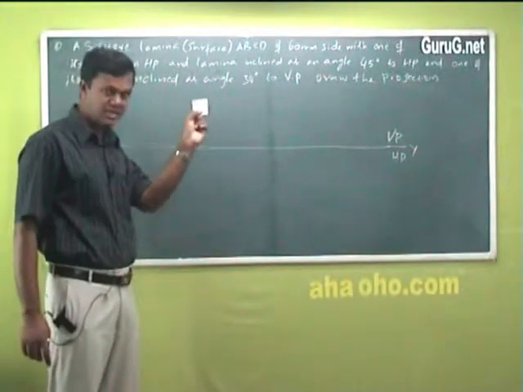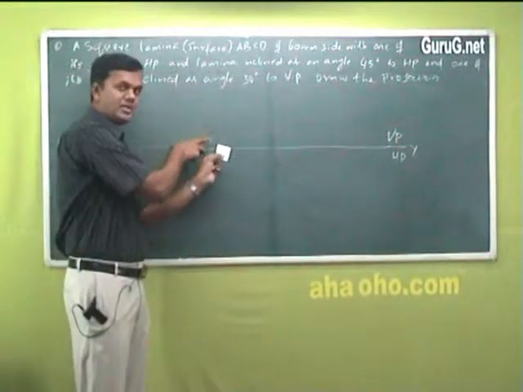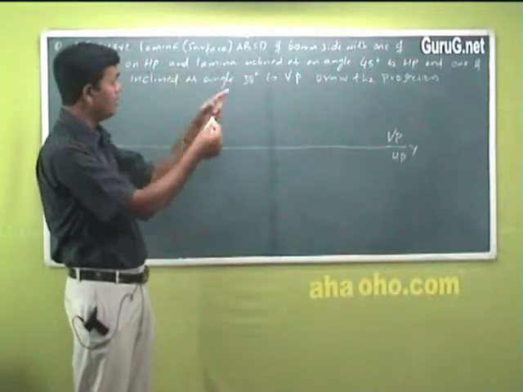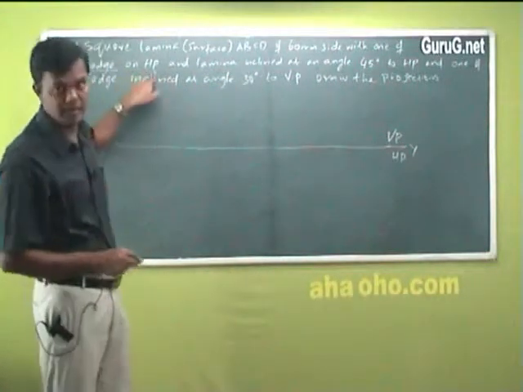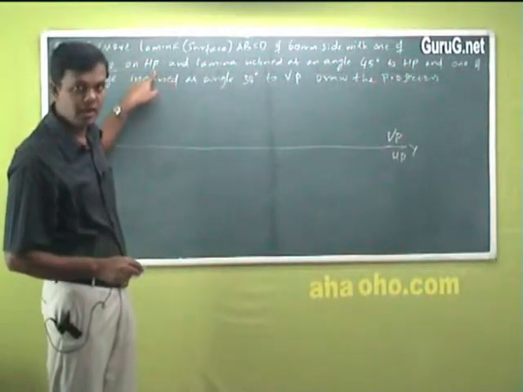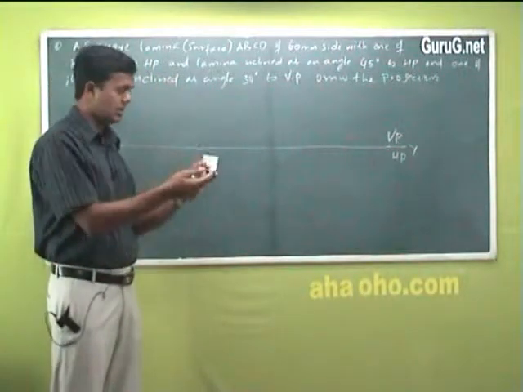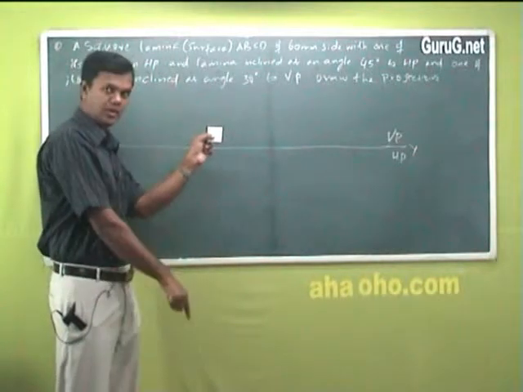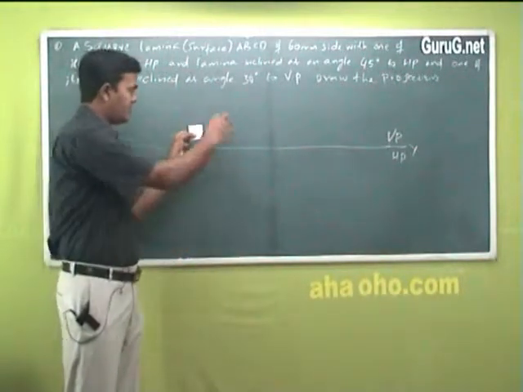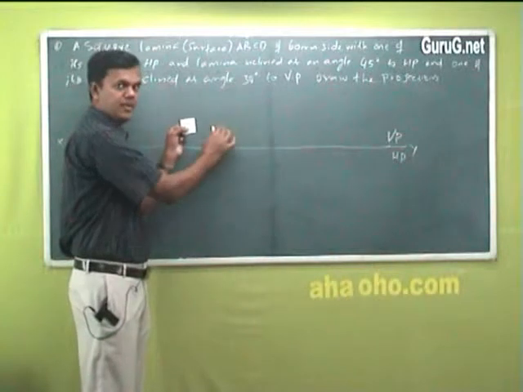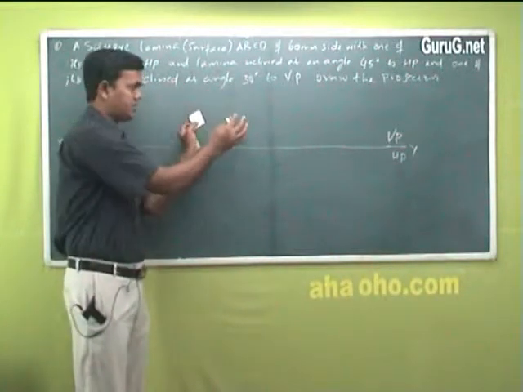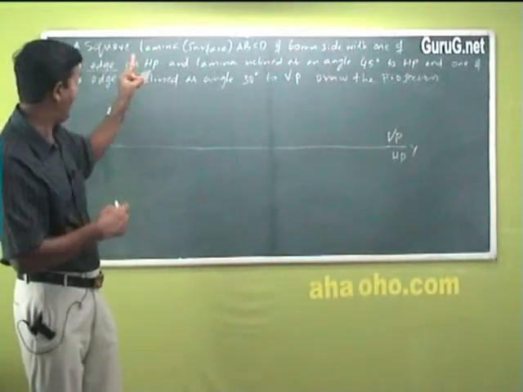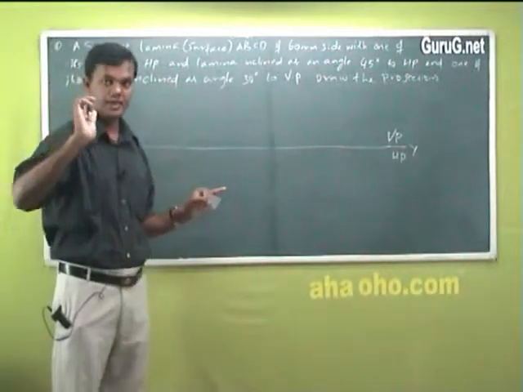Now, if I keep the position like this, the whole body is resting on HP. It is not told that the lamina is resting on HP. It is told with one of its edges on HP. I hope you get my point, because if I hold it in this fashion, this is parallel to VP and perpendicular to HP, right? So in this fashion it will come as exactly a full figure in the front view, which means the whole lamina is resting on HP. That is wrong, because we have to suit the condition that one edge is on HP. How to make it now?